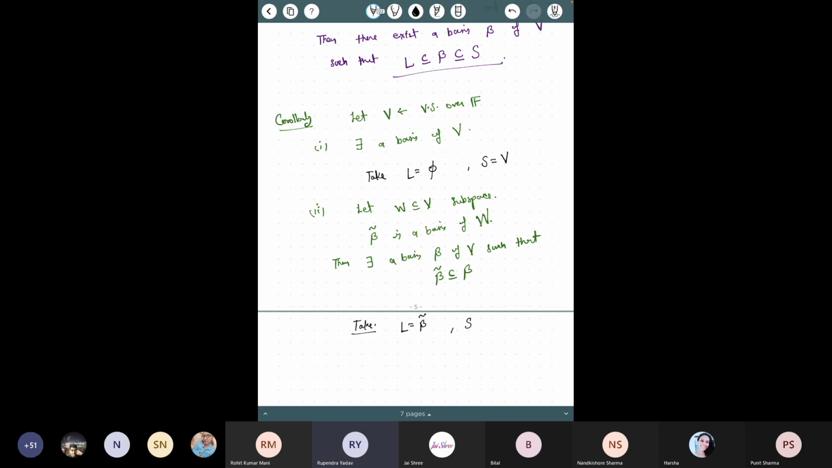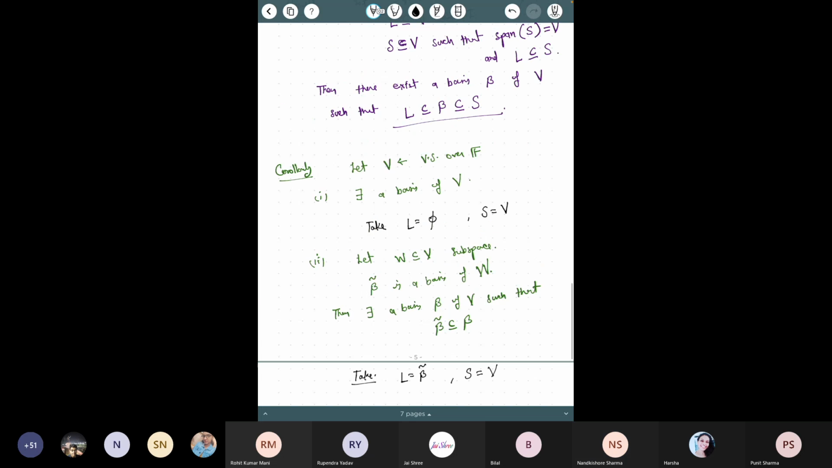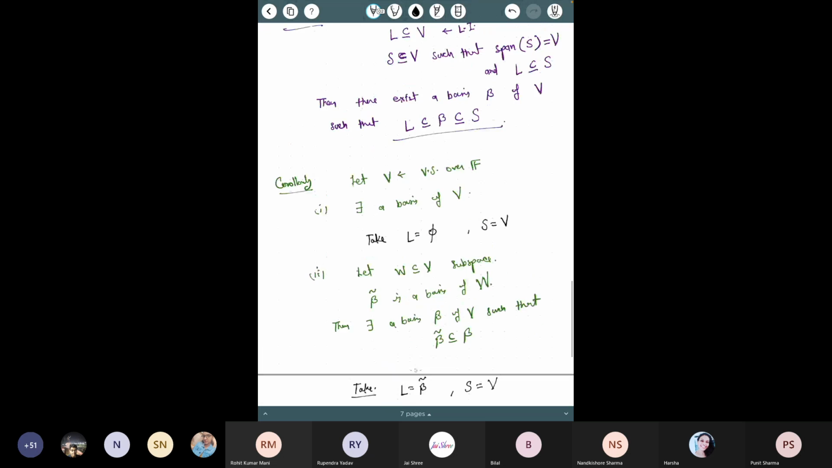So see here what we want. Some of you said take S equal to beta, but for beta, we actually have to prove that there exists a beta. We don't know this. We have to prove it. If we take S equal to V, then it satisfies all the hypotheses of the